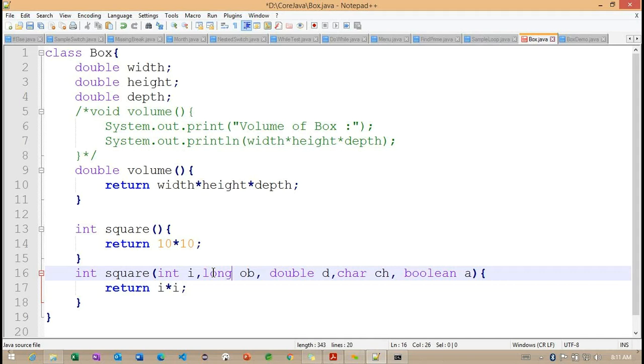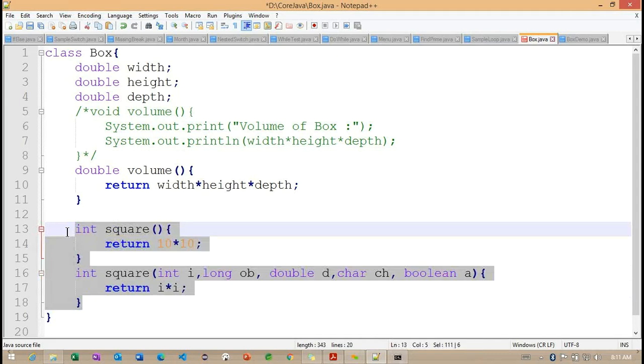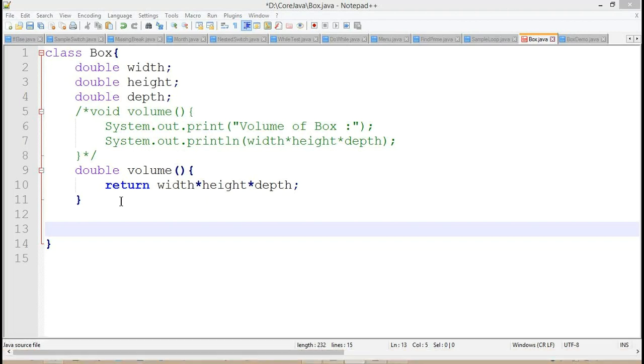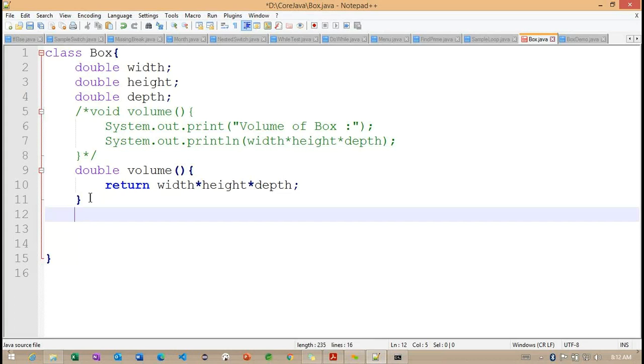So we'll have a simple example on the same Box class here. How can we define these parameters? Now understand here. I'm removing the square example and I want to connect with the box methods. How am I going to define the box method? Basically, I don't want to return anything here, so we make it void.